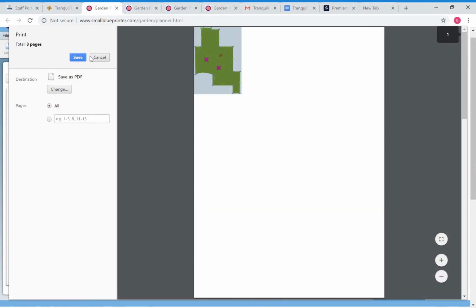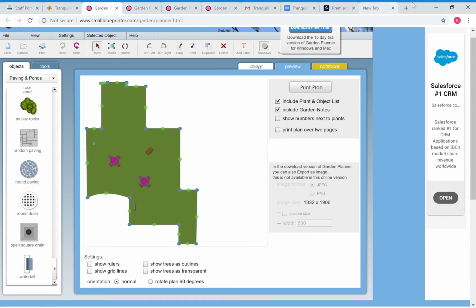I'm saving this as a PDF, and I'm going to go save. And garden planner, save. And I've already got that on my desktop. So if I was to jump back in